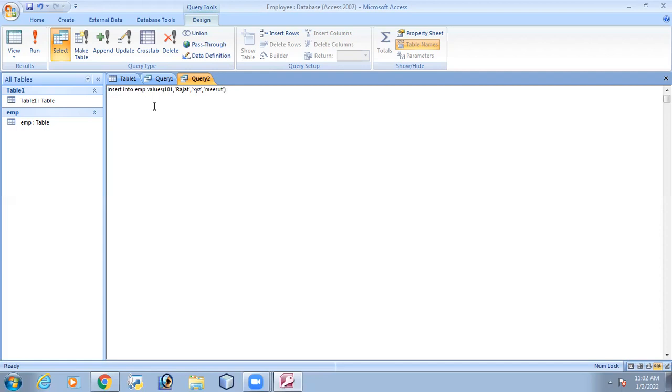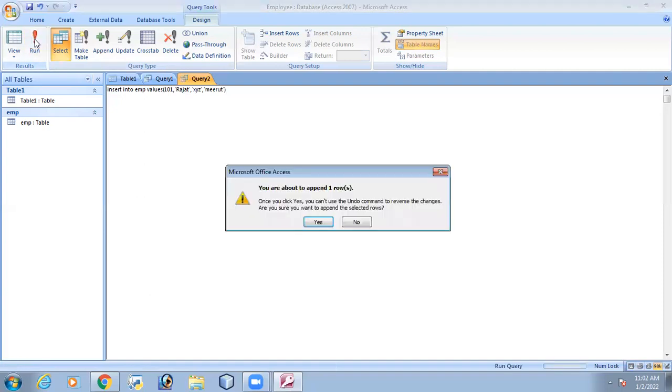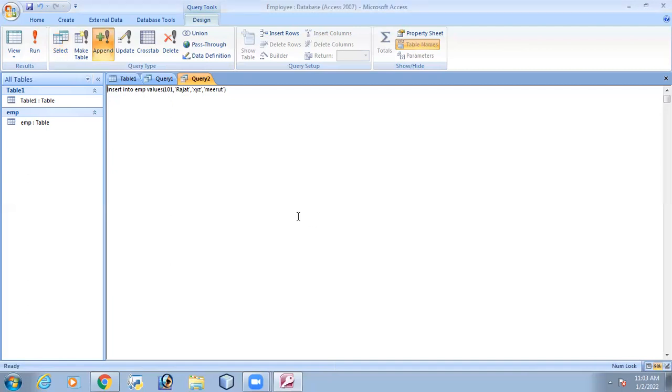Then close this bracket and run it. Now see, a message is highlighted here. You are about to append one row. Then yes. One row is inserted in this EMP table.